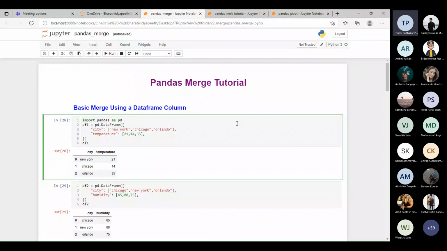Then the merge function, we can merge two data sets. Suppose we have 2-3 CSV files or 2-3 database data frames, and we can merge those data frames using a merge on a data frame column, or we can call it merging of your data. And suppose we want certain common data from two different tables, we can call it an inner join, outer join, as we are joining the tables.